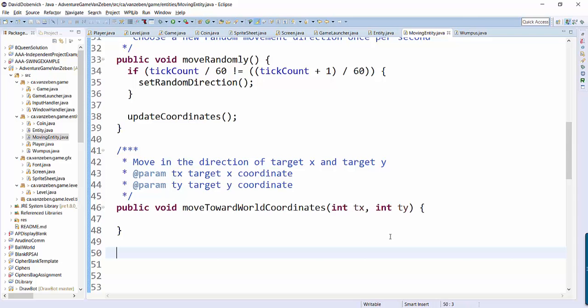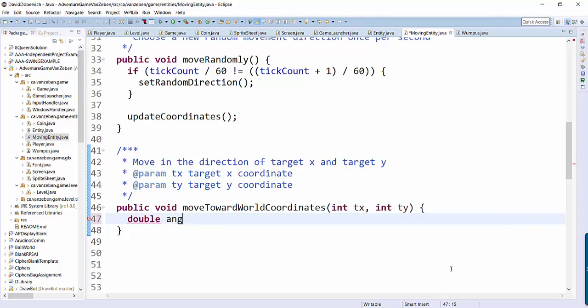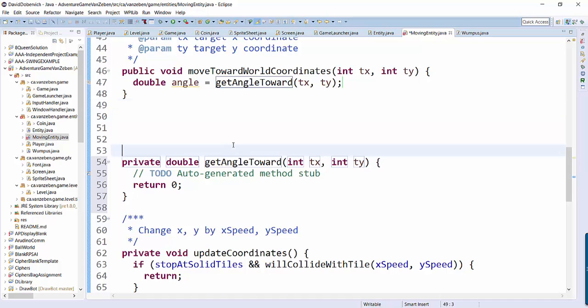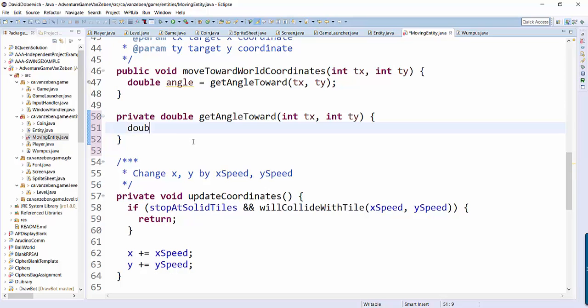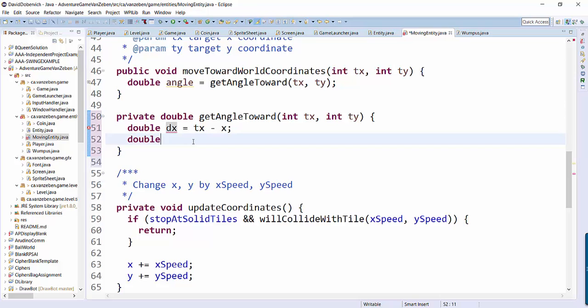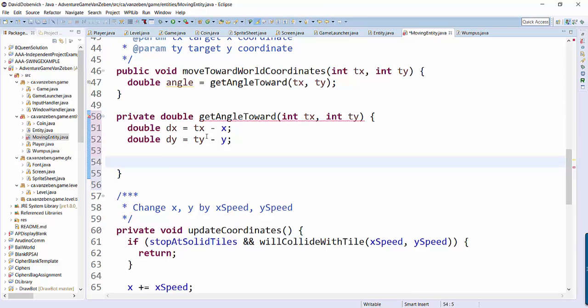So let's implement it. What am I going to do? I'm going to make a helper method called getAngleToward txty. Here we go. So delta x is going to be tx minus my own x coordinate. dy is ty minus my own y coordinate. By the way, t stands for target, d stands for delta. Now I'm going to return